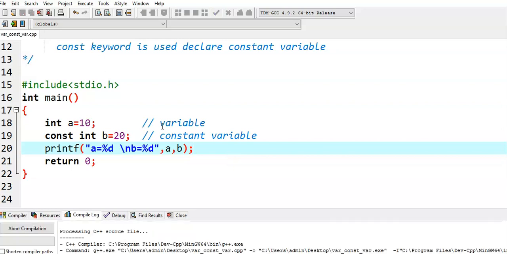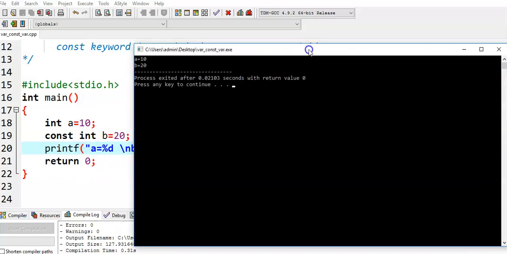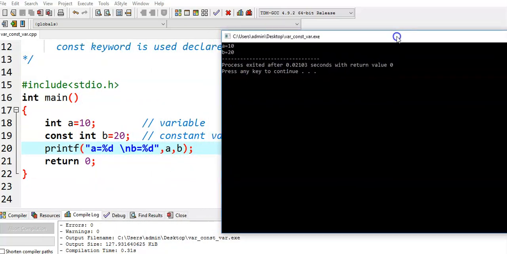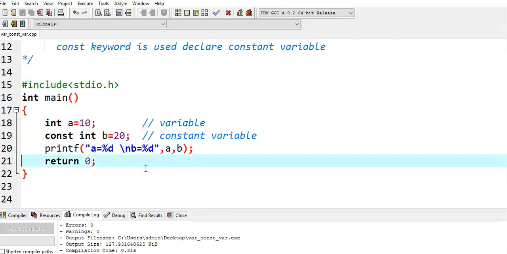So I run this program. We got output a is equal to 10 and b is equal to 20. In this case, no problem. Why? Because we didn't change the a value and at the same time we didn't change the b value. Now we try to modify